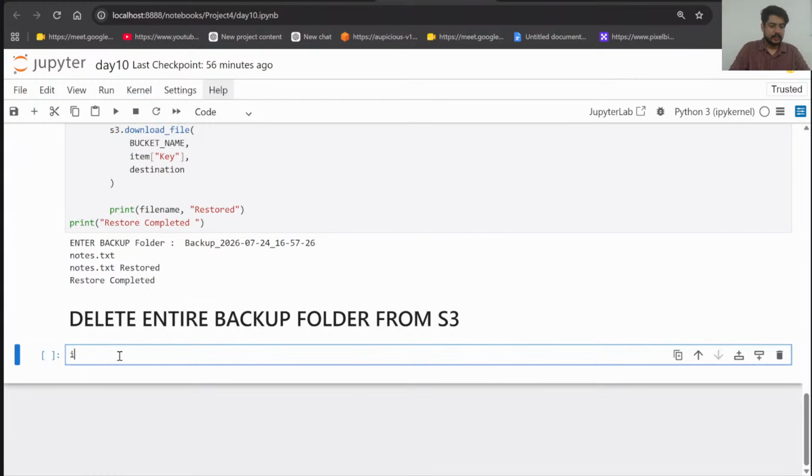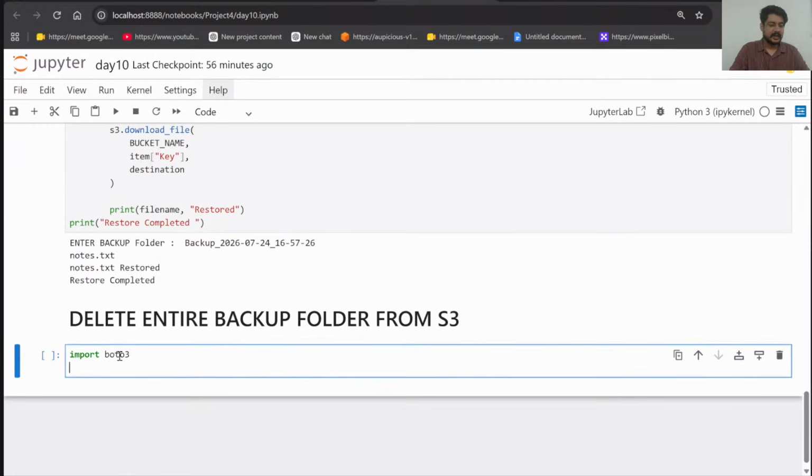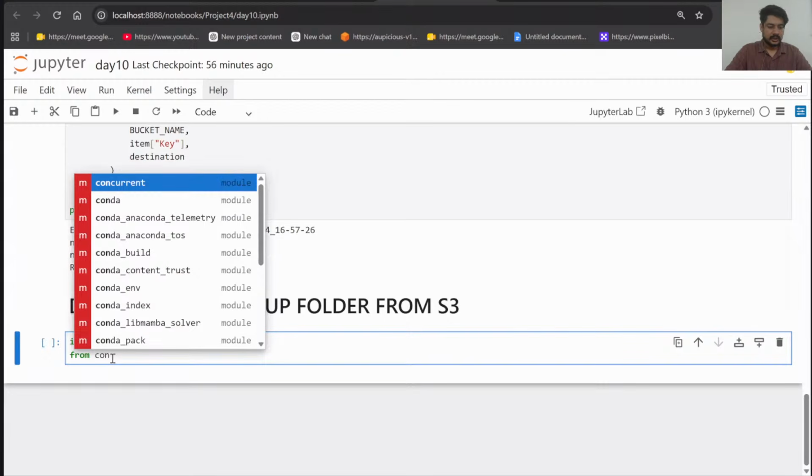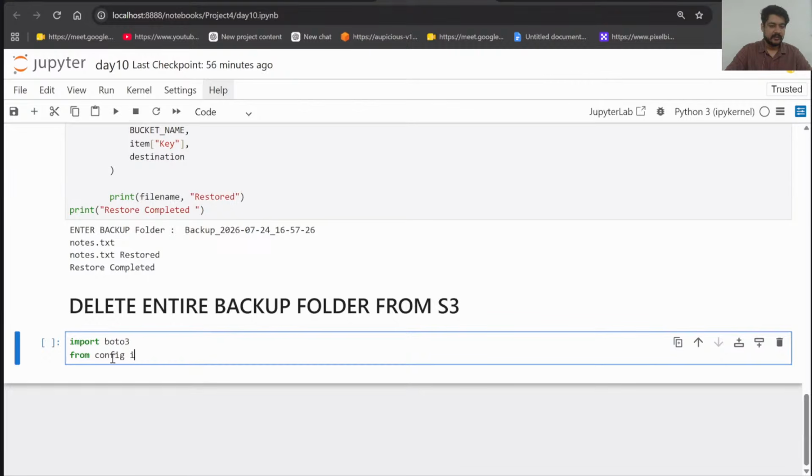So in this case, I'm going to again import the library called Boto3. I'll be writing it in different files, guys, so that is why I'm using it here. So all the codes I'm writing, importing all the libraries here, because later on I'll create different files of it, and from those files I'll create one main file, and from the main file I'll import all the functions which I'll create of this. So right now I'm not creating any functions of it, later on I'll create it, but I'm not importing it right now. For example, from config, the same way I'm importing config, likewise I will be importing all the code over here later on. So importing star.